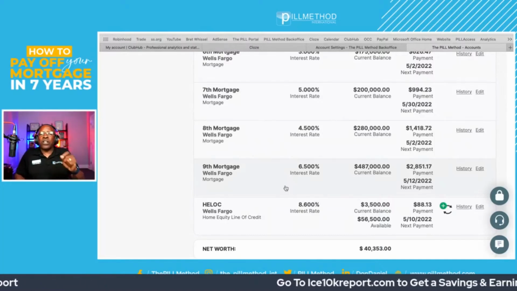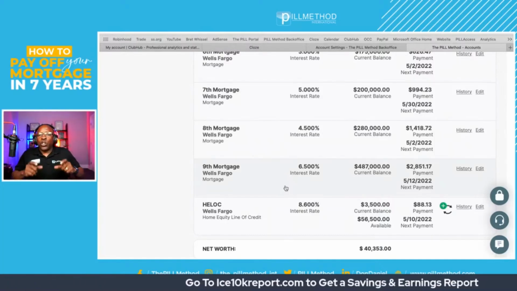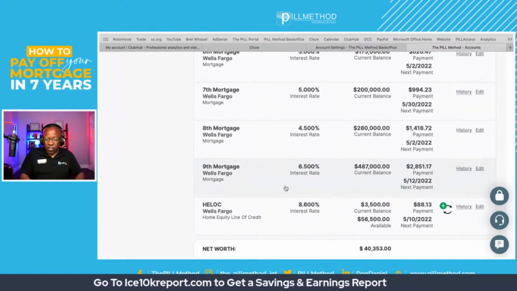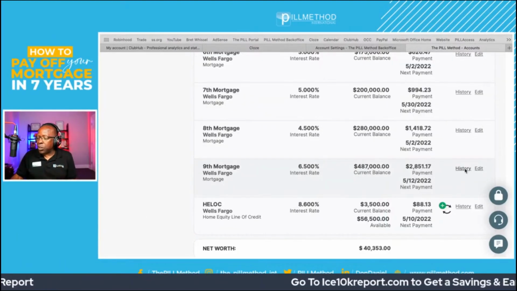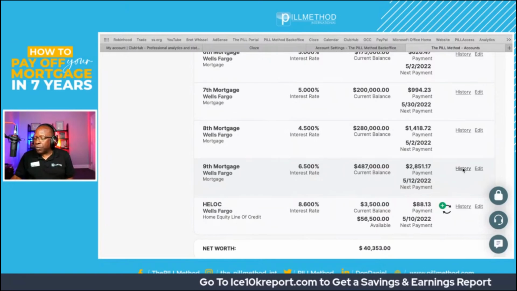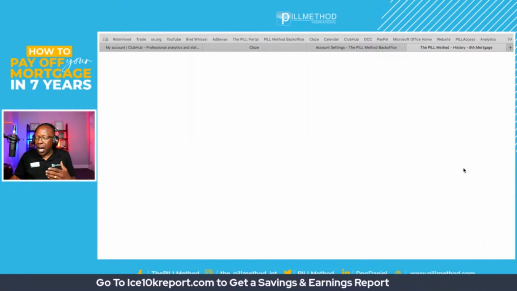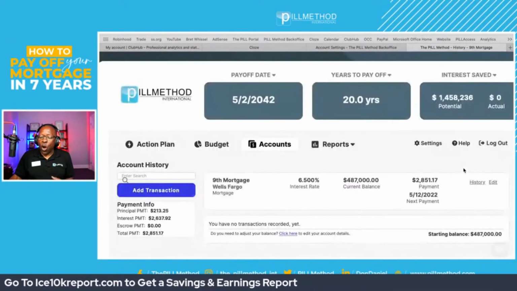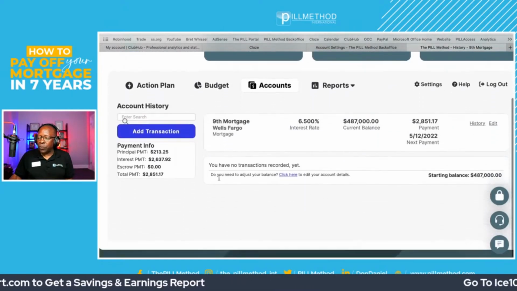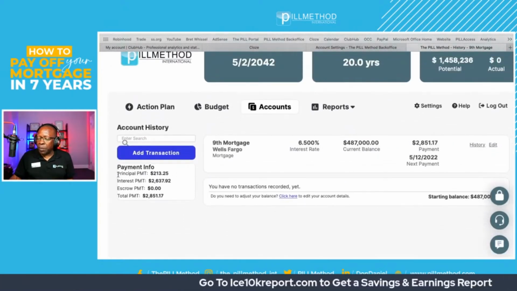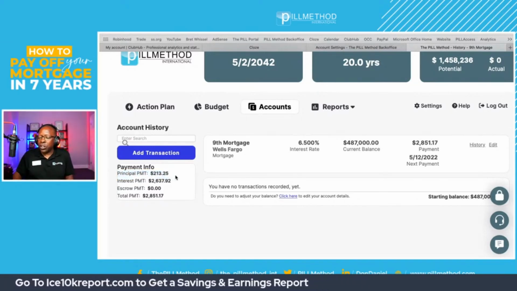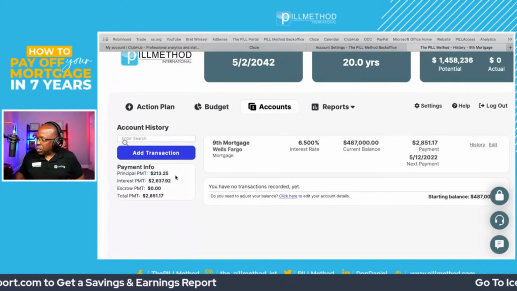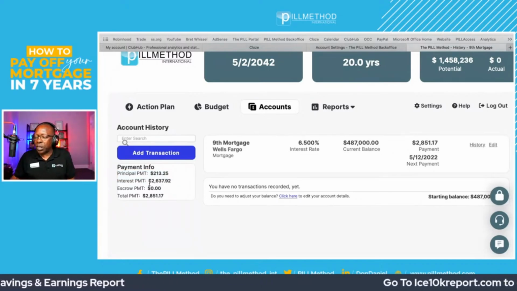6.5% is better than 2.99 if you want to gain equity faster and cost you less interest overall, if you know what to do. Here's what we're going to see. I'm going to click on this history button so we can actually see how the loan is set up. On the very first payment on this loan, if you can see over here to the left, the amount of money that goes to principal is $213.25. Look at the amount that goes to interest,